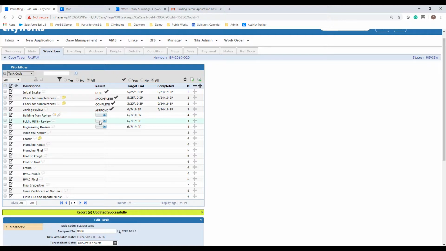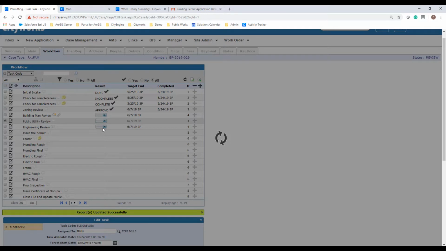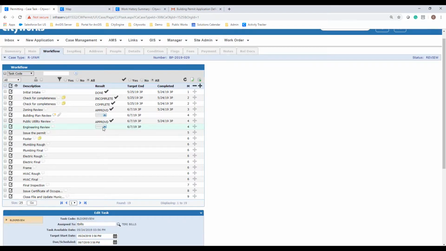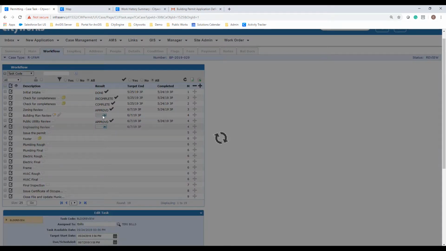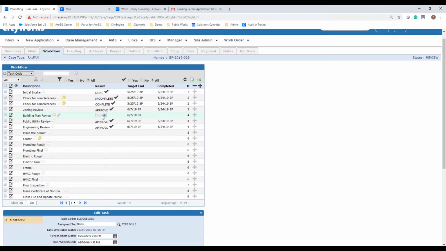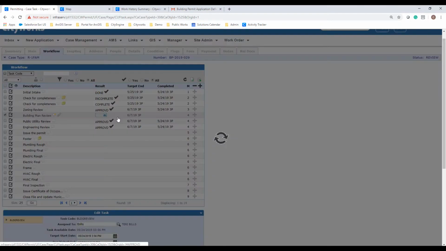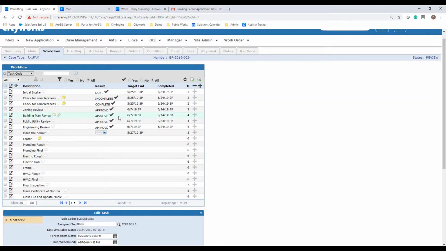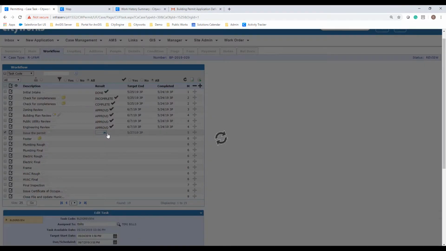Okay, so I'm going to go ahead and mark these as complete. As I mentioned, we can complete these in any order. So I'll do the public utility first, then our engineering review, and then we'll come back to our planning review. I now have the option to issue the permit. So if I go ahead and select issue,